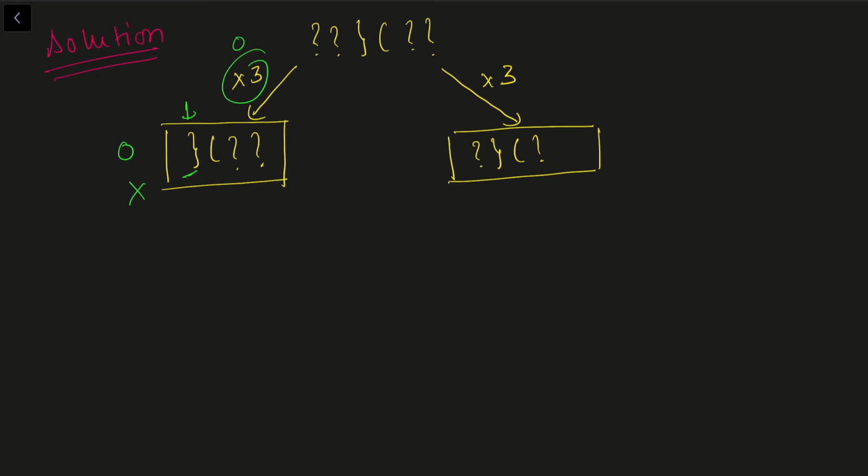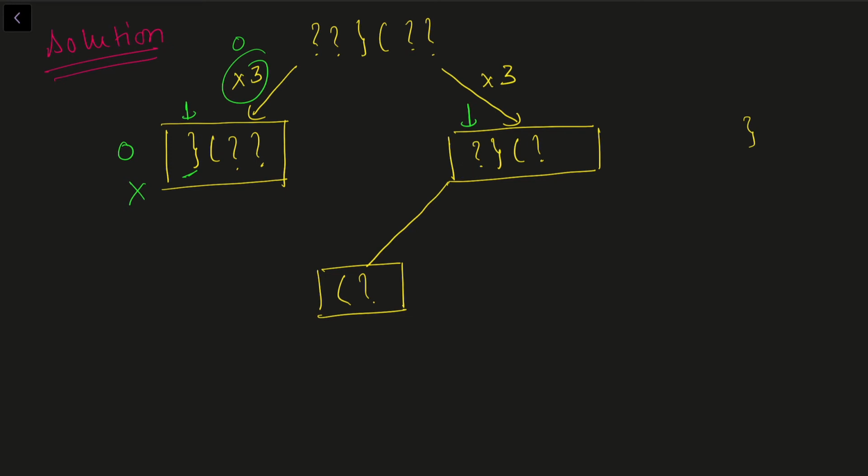Now let us move on to the second problem we have. Here let's fix this character as the first character of our current substring, the character which will possess opening brackets, right? After that I'll iterate for the closing bracket. So let's say I am currently here and I assume that this is my closing bracket. Then in this case, since the closing bracket is not a question mark, I can only do this in one way. So if I choose this as my closing bracket, the sub problem that I'm going to get is parenthesis and question mark, right? Because these two are selected.